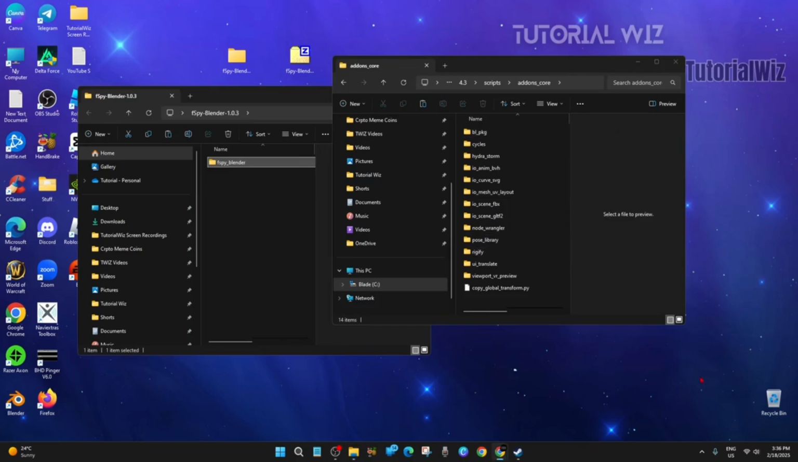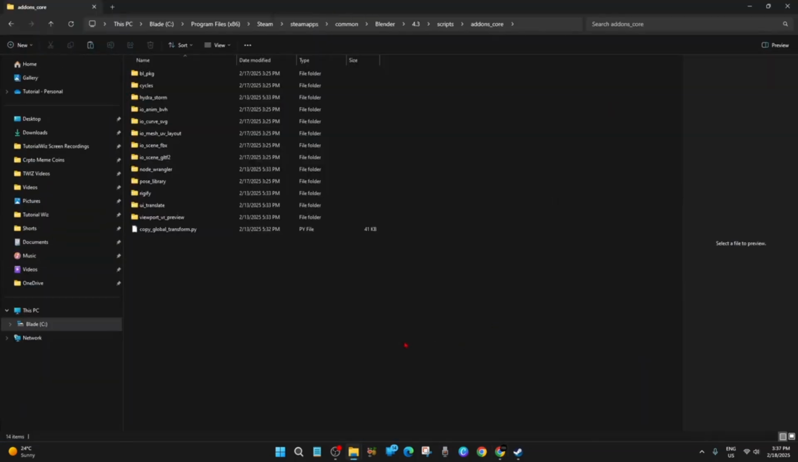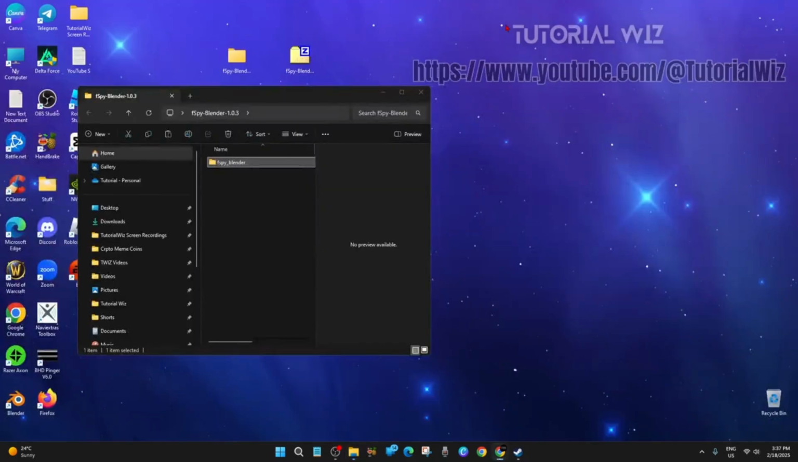Now from here, we just want to simply paste in that FSPY add-on. So I'm just going to maximize this. I'm going to do Control V. Here it is here. So now this is inside of the Blender files, inside scripts and add-ons. Now after that, you're pretty much good to go. So I'm just going to exit out of these